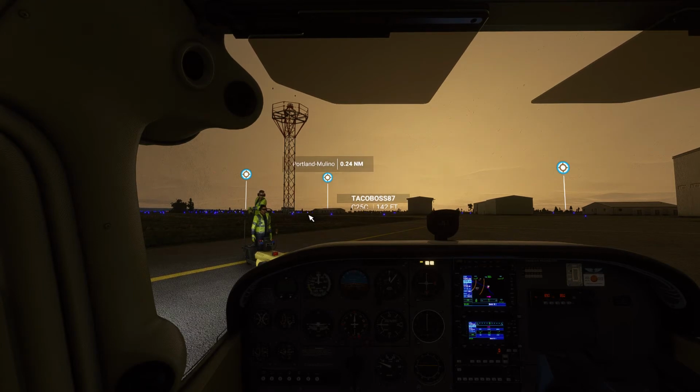I have not yet really learned to talk to ATC, so on this little flight here, I'm just going to do a quick flight. I'm not very good at it yet, and we'll just kind of learn that part together. We are sitting at 4S9, which is Malino, Oregon, and I've recently been there,